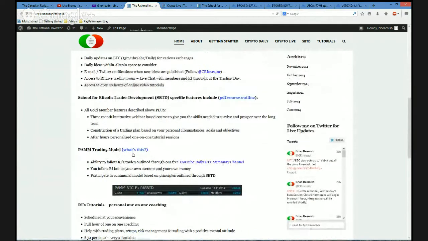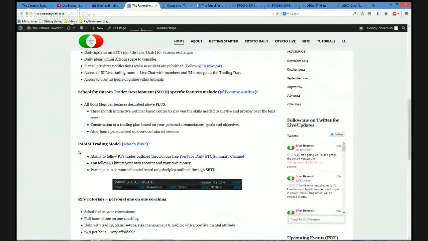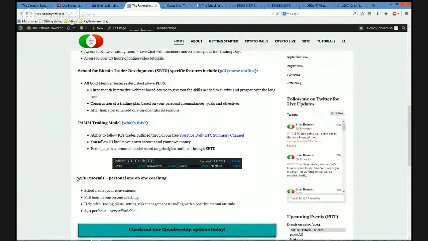A couple other services that we offer, for people who just want to get help with how their trading plan is set up. If they have specific questions, they need help with any of my indicators, you can book an hour of my time anytime you want, for $30 an hour. Again, nice simple number, and I'll be more than happy to walk through anything that I'm doing and looking at in the market with you.